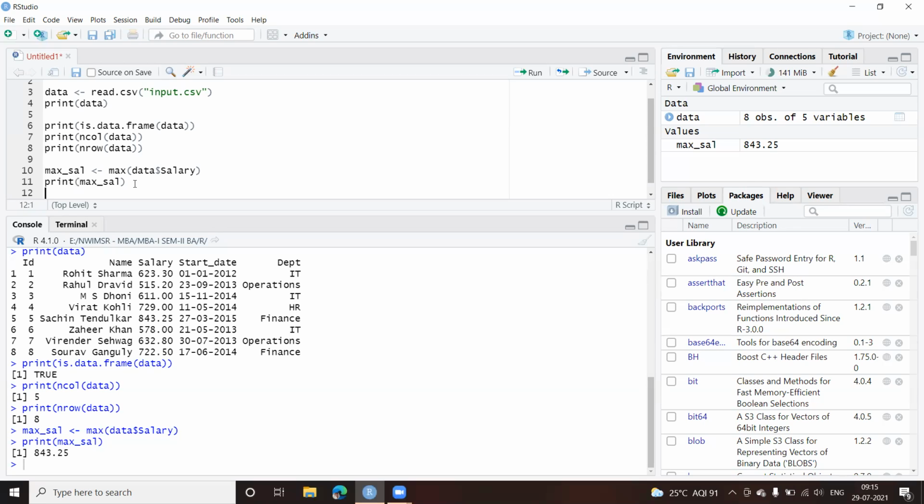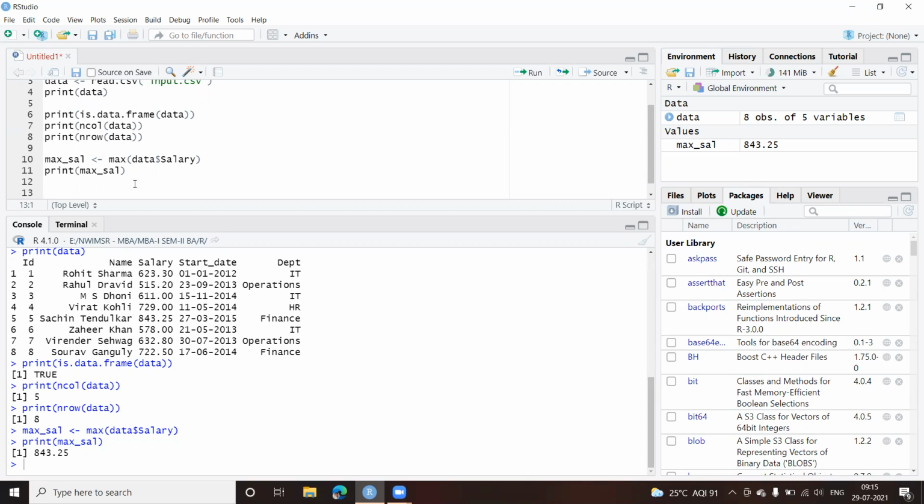In that case, I can make use of subset. So I can write, let us say, m underscore sal underscore info, maximum salary information, or employee details, or whatever you want to say.